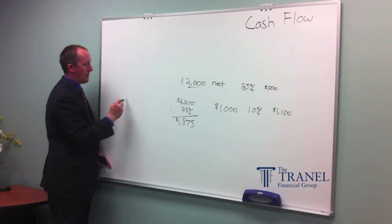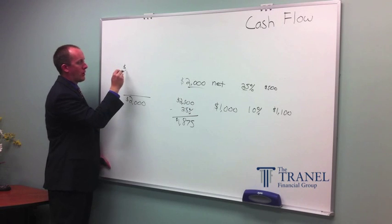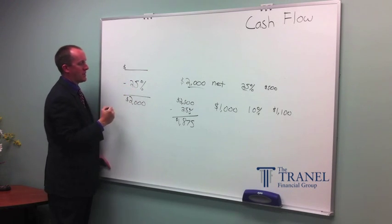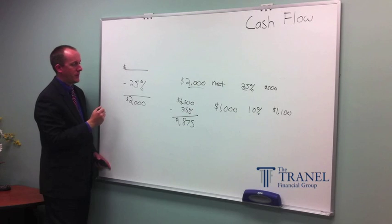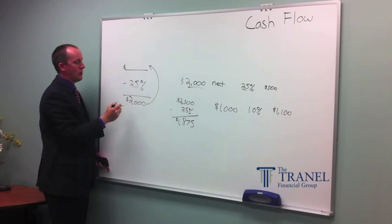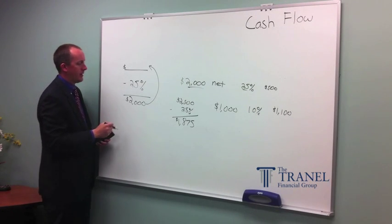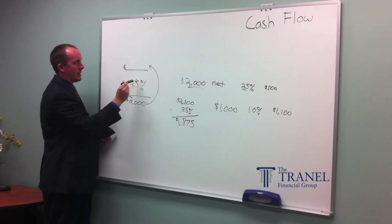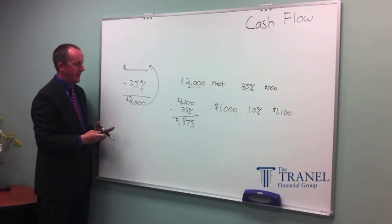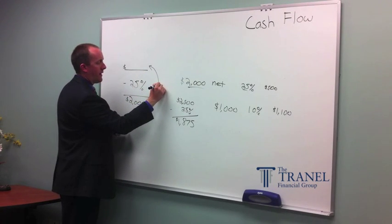So let's go back to this original example. Someone wants $2,000 net. There's going to be some sort of gross number up here minus 25% taxes that they're ultimately going to need to gross. To get from this number to this number, you need to divide by the inverse of this. Now again, that sounds complicated. I'm going to explain it in a second. To go from here to here, the inverse of 25% is 75%. It's what's left over from 100%. So to go from here to here, you take $2,000 divided by